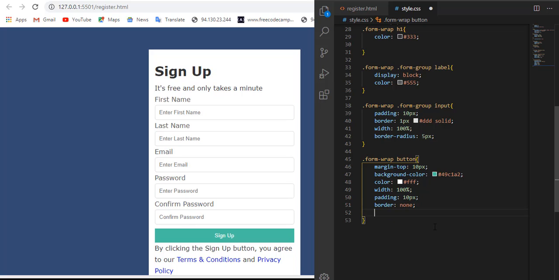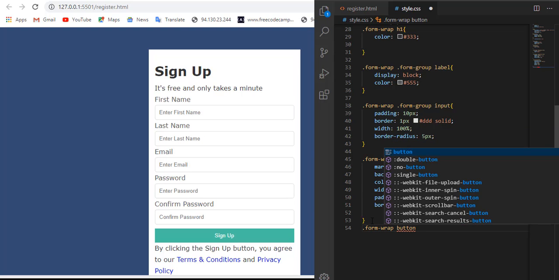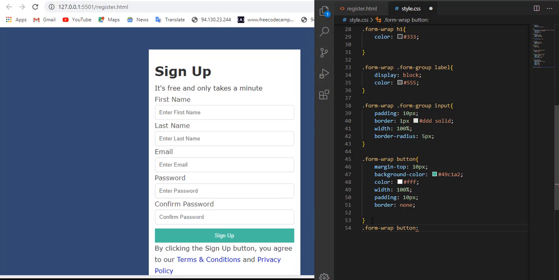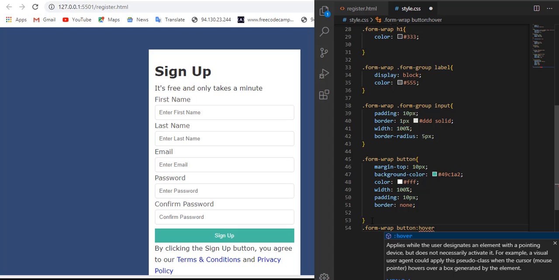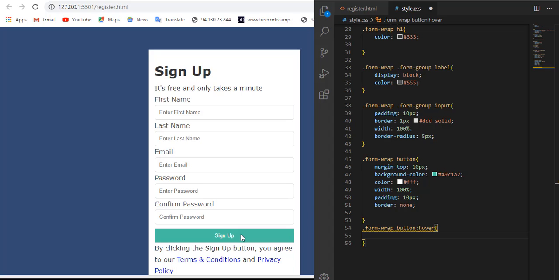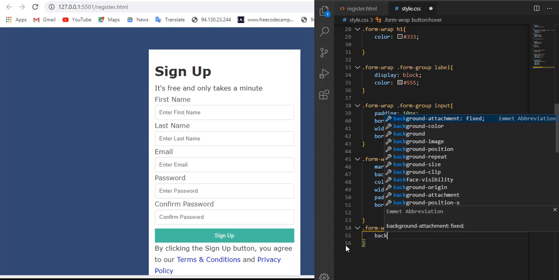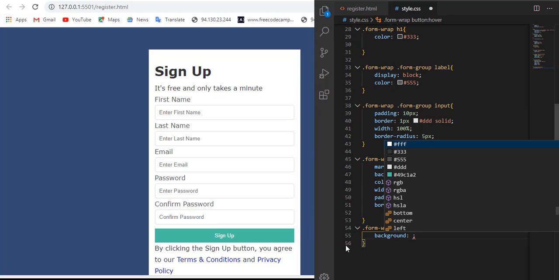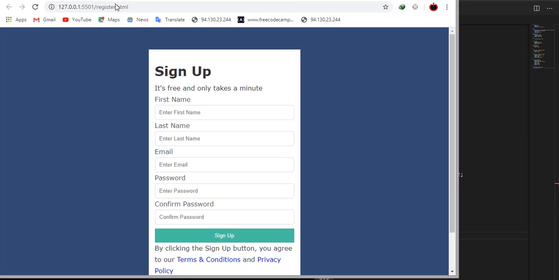So now I can do the hover option, form wrap button. Here we need to add the hover. So you see we have nothing changed. So let us set the background. So let's check this one.